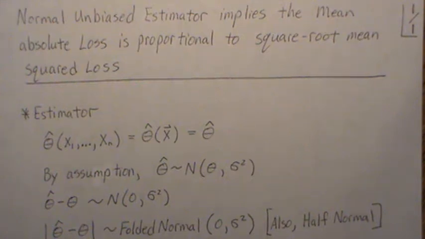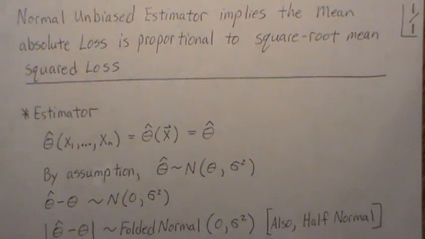Hello, this is the next video in a playlist that I'm calling Parameter Estimation, and it deals with normal unbiased estimators and how, if we're in that setting, that implies that the mean absolute loss is proportional to the square root of the mean squared loss. And since many of our estimators will be asymptotically normal and unbiased, it shows that using mean absolute loss is proportional to the square root mean squared loss. And we're going to point back to this video when we get into some of the asymptotic properties of our